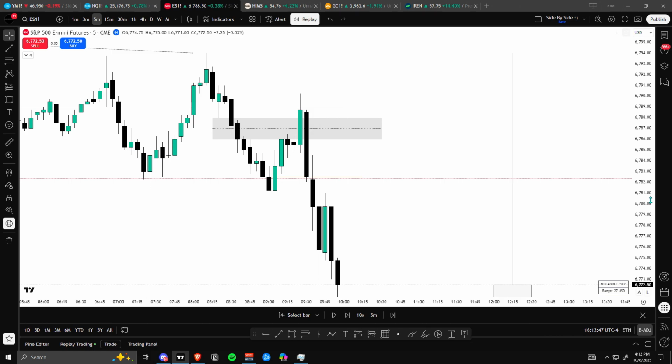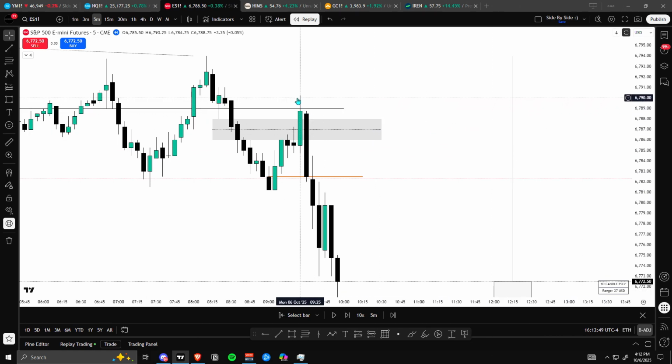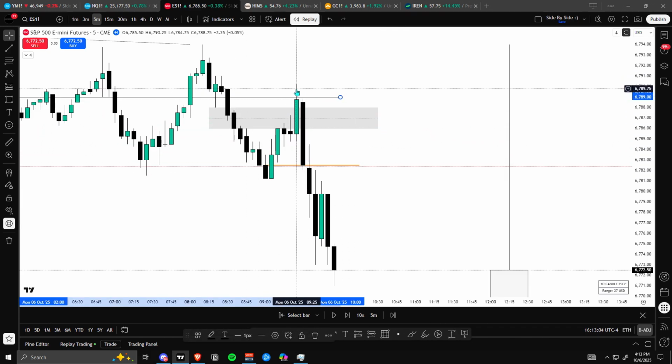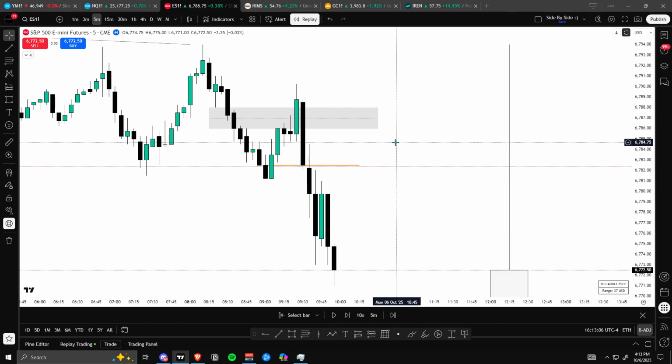And also, what do you notice? This high is formed before what? Our volatility injection, which is 930. This is that high of the 15-minute second change in the state of delivery. So we trade away from that at 930, giving me a new protected swing to trade away from. That is the whole entire point of trying to find a protected high and low.